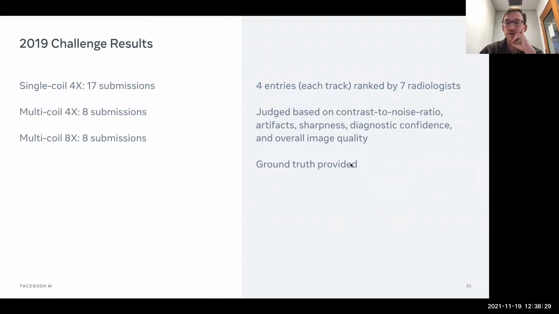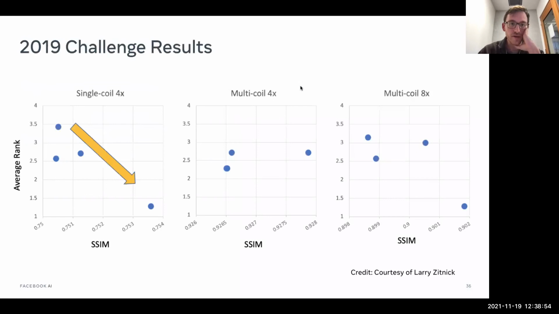And we also provide the radiologist with the ground truth. So if you really enhanced your images, like with some fancy adversarial things, and you added stuff that wasn't there anymore, the radiologist would detect that and penalize your submission. Oh, and by the way, these radiologists were recruited from several different institutions to help minimize bias in the evaluation of the results. And so we got some really interesting things.